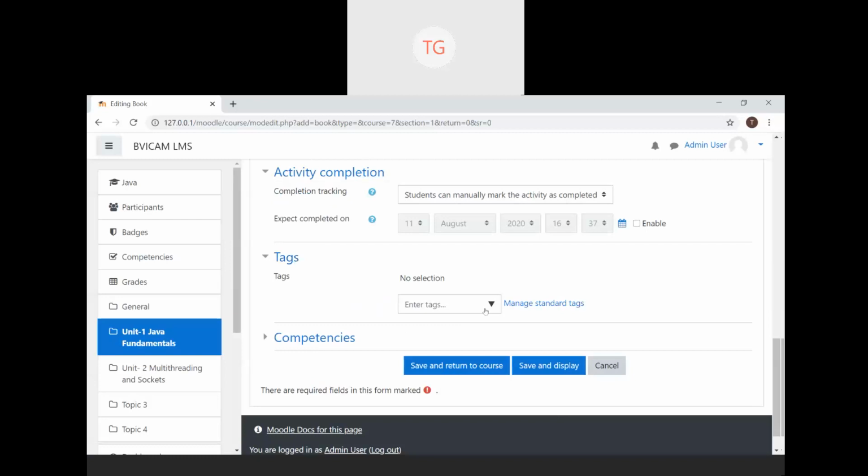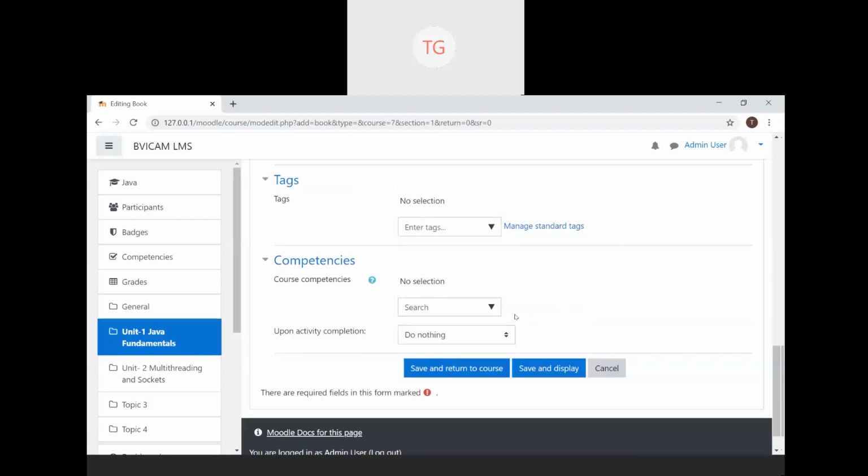If you want to give custom tags, or you want to specifically segregate resources within a group, you can do that. Like if I say, okay, these resources are for a Spring Hibernate course, these resources are for my Struts framework. If I want to distinguish such kinds of resources internally within a book, I can do that here. Else, most probably we don't use this feature.